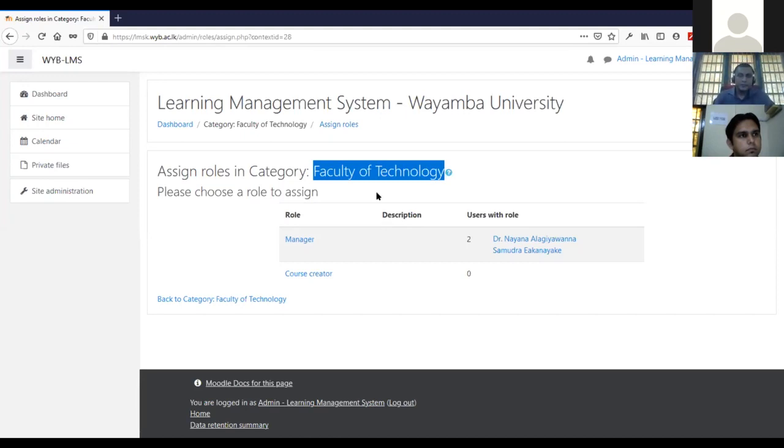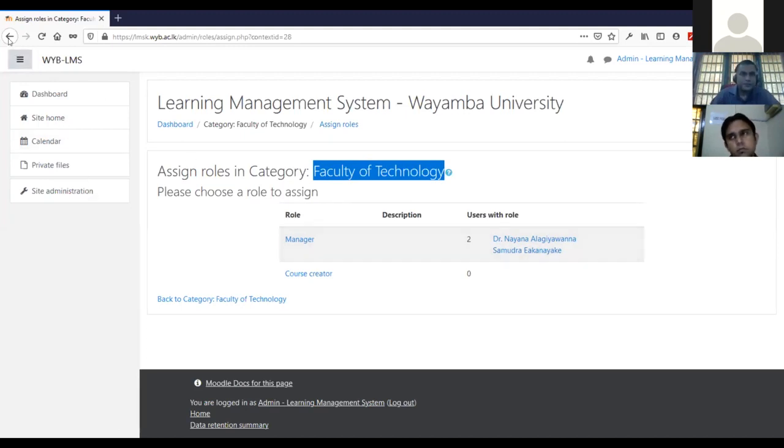So now if you go to faculty of technology, under that we have assigned two managers on the request of them, the dean and the assistant registrar. So they can create courses, they can do changes if it is necessary, right?